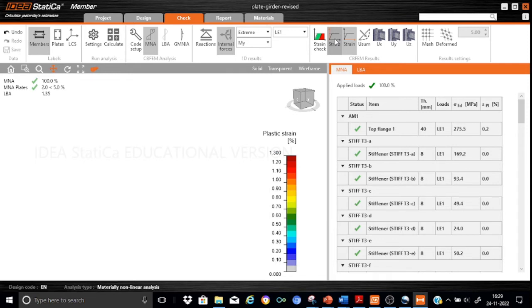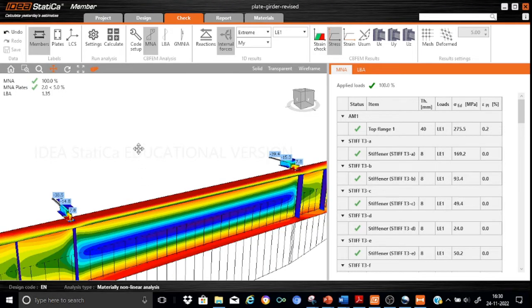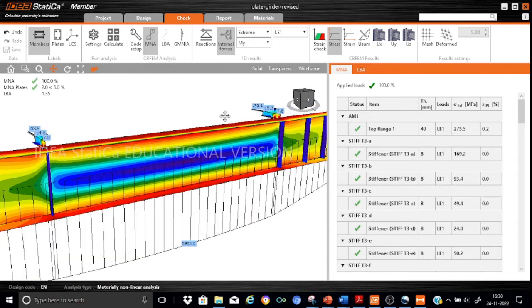Here it is very important that we check the stresses at the critical locations. When I say critical locations, as far as the plate girder is concerned, one will be at the midspan and the other at the support. At these locations, we should ensure that the stresses are within the permissible limits. Look here, this is the distribution. This is your central portion, right? Here we find that at the extreme edges, as expected, the stresses have gone to